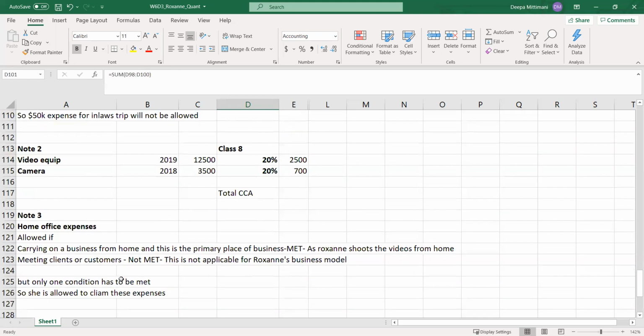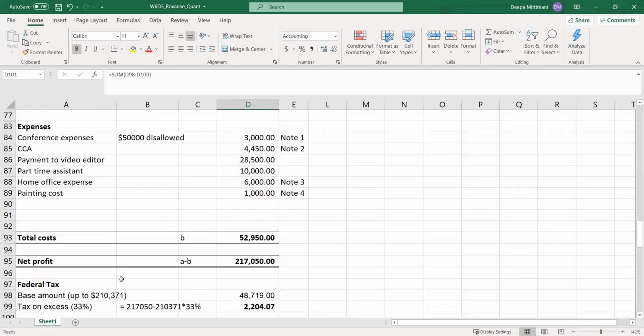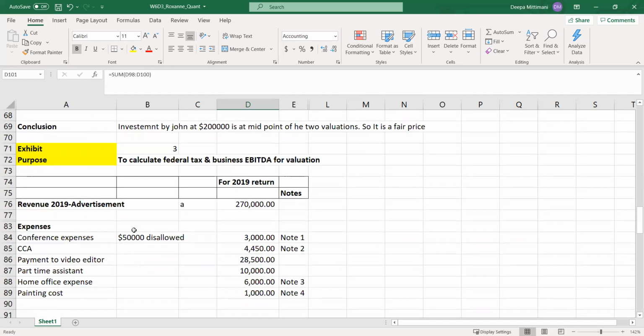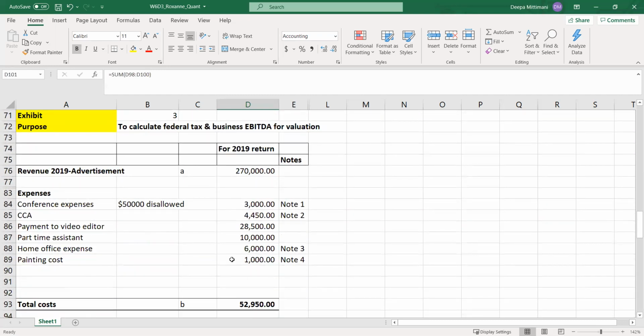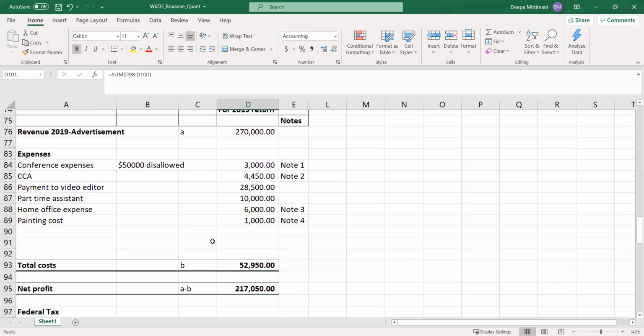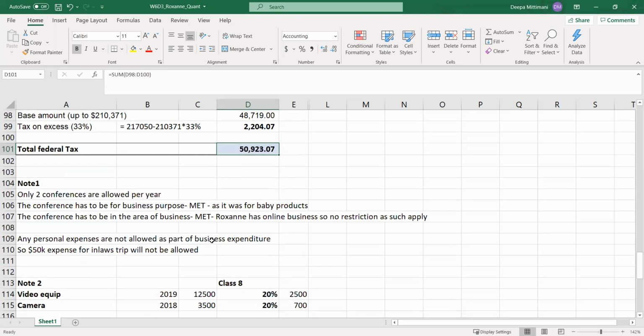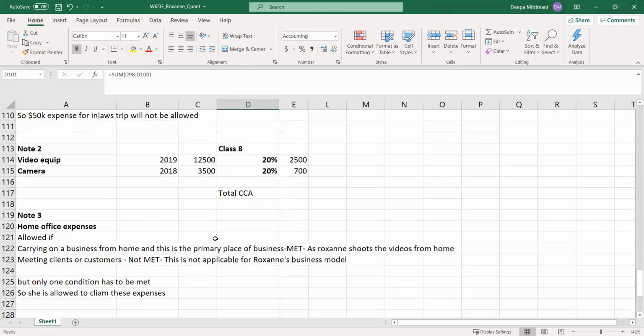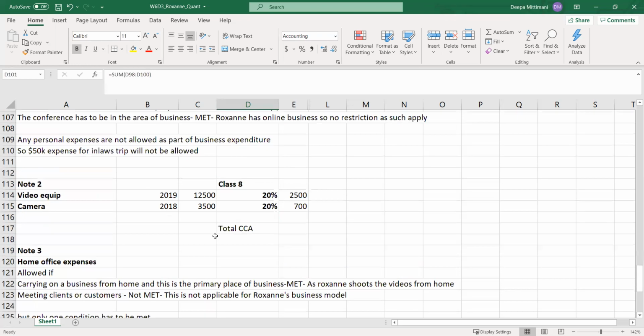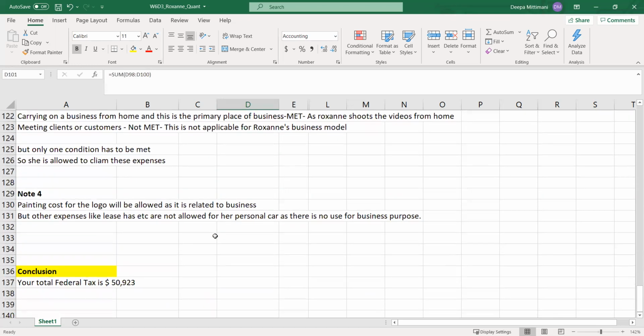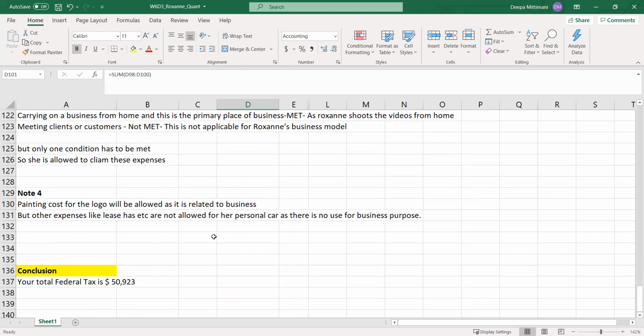So this is expected. This need not be perfect because you have around 7 to 8 minutes to put together this entire exhibit and calculate and explain. So pick what is required, how many adjustments there are, what the significant adjustments are, where the rules are applicable, what the rules are, mention the case-specific facts, and then conclude. Now here there might be some errors, but based on the time and constraints given, do your best to finish that AO within the given time.